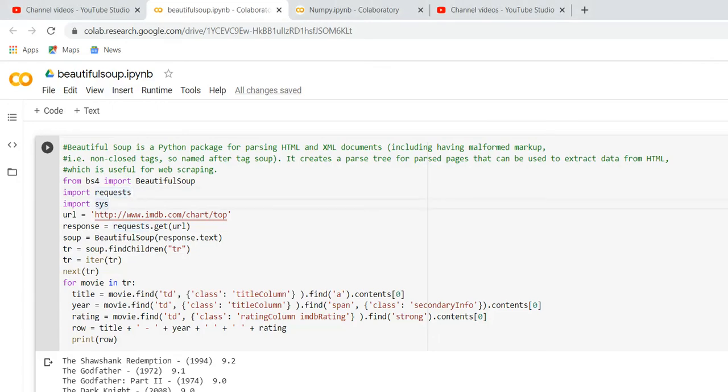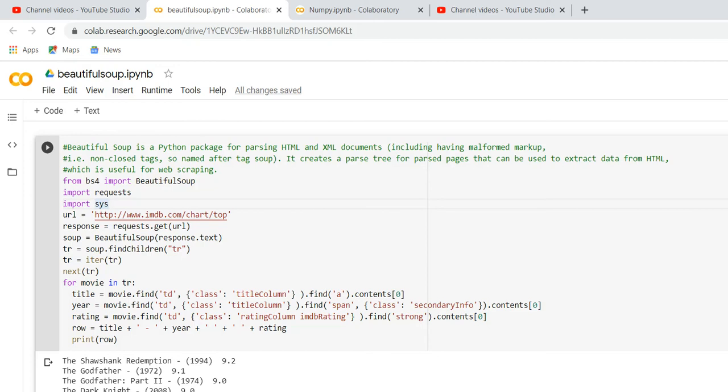Now I will come to the point. Beautiful Soup is a Python package. Why are we going to use Beautiful Soup? It is for parsing HTML and XML documents. If you are doing HTML web scraping or working with XML documents, you can use Beautiful Soup to get non-closed tags and element values.